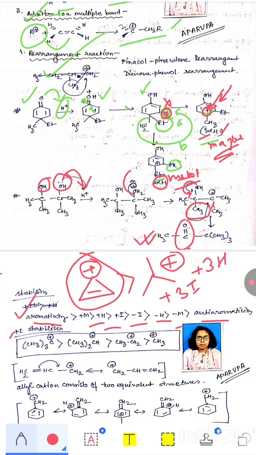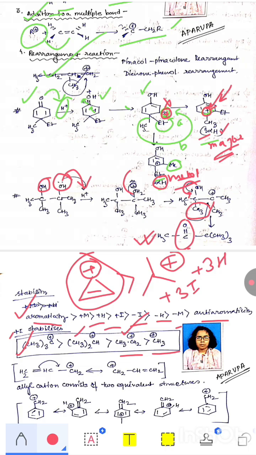So that's why most stable is 3 degree carbocation, then 2 degree, then 1 degree, and last one 0 degree, that is CH3 पॉजिटिव। मिथाइल कार्बोकैटायन को हम 0 डिग्री भी बोल सकते हैं क्योंकि उसके साथ कोई भी कार्बन अटैच नहीं है। अगर एक कार्बन अटैच हो तो उसको हम बोलते हैं 1 डिग्री, अगर 2 कार्बन अटैच हो तो उसको हम बोलते हैं 2 डिग्री, एंड 3 कार्बन जब अटैच होता है तो उसको हम बोलते हैं 3 डिग्री कार्बन। पर मिथाइल कार्बोकैटायन जो होता है वहाँ पर कोई भी और कार्बन नहीं है तो इसको हम 0 डिग्री बोलते हैं, 0 डिग्री कार्बोकैटायन। ओके, सो दिस इज ए लीस्ट स्टेबल।